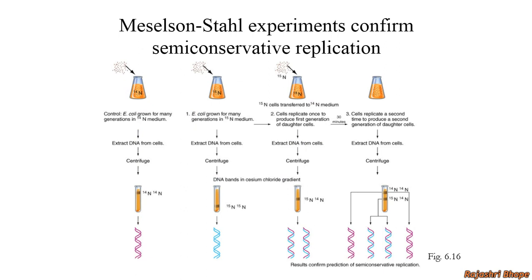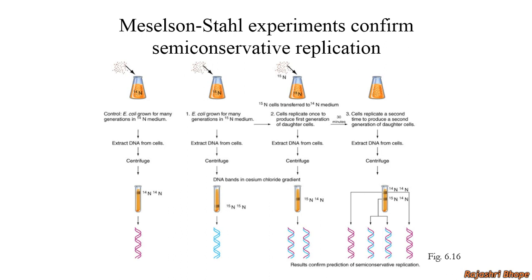The next experiment is the Meselson-Stahl experiment. These two scientists, Meselson and Stahl, confirmed that DNA replicates by semi-conservative mode of replication. Semi-conservative mode means that only 50% of the DNA strand is passed to the next generation and 50% is